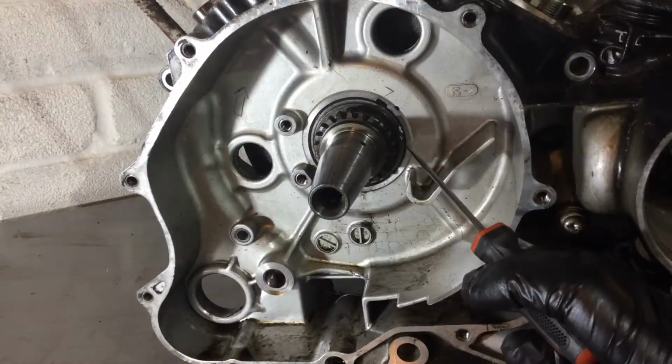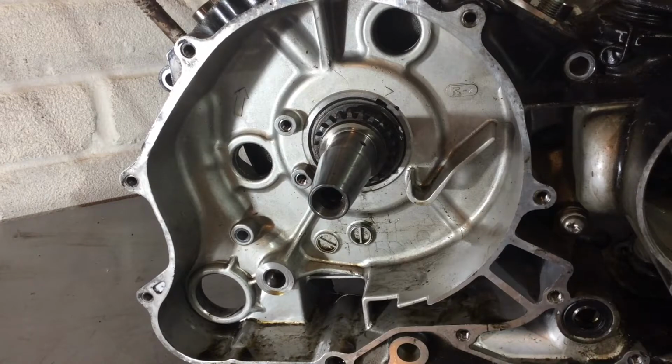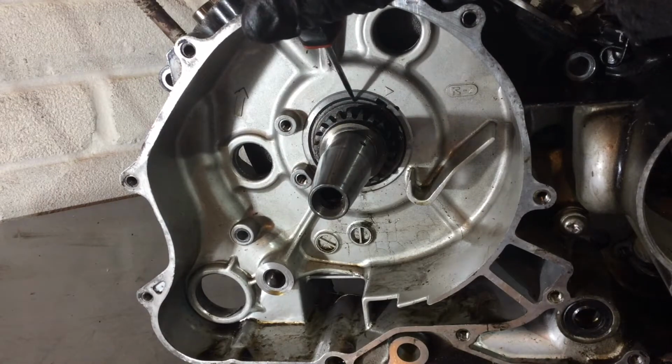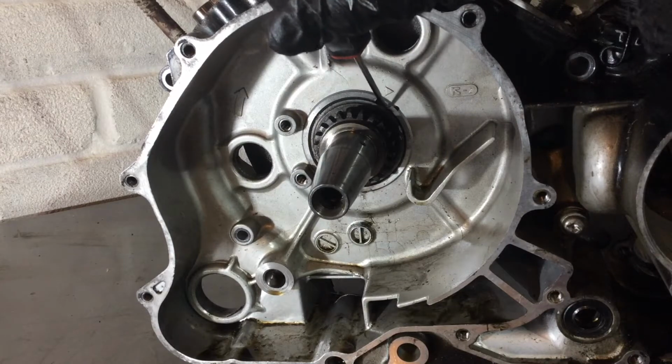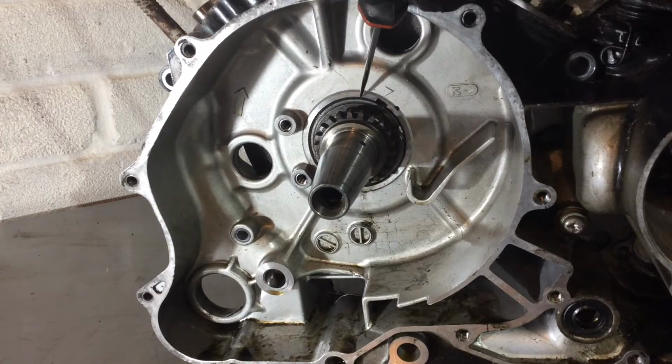Right there you've got a little locking tab which should be sat in there. So I'm assuming this plain bearing that you can barely see has spun round sort of 25-30 degrees and locked it up. The other thing it will be doing,